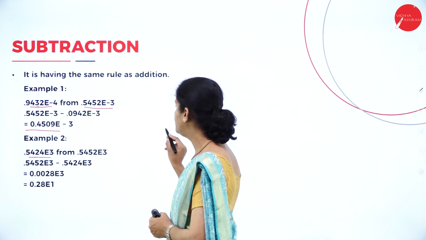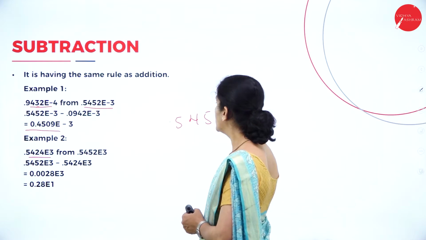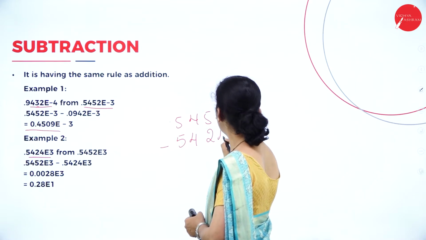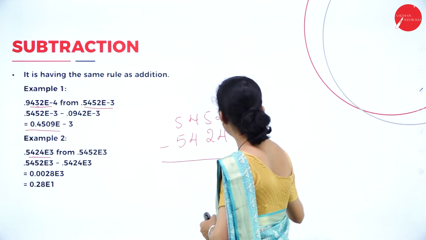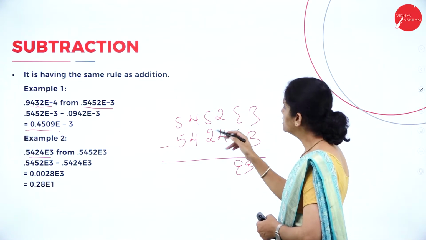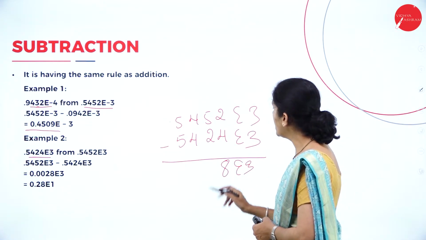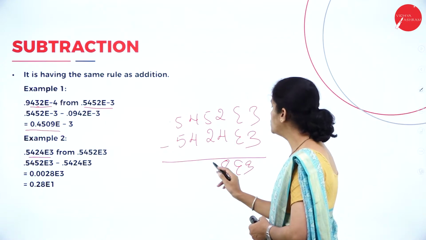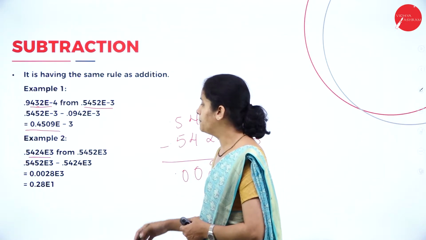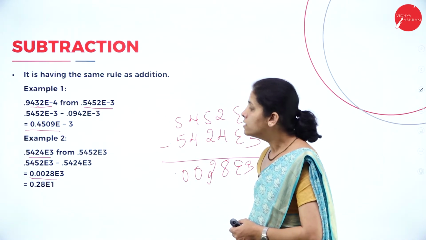Now, I'm going to perform subtraction. See, I have 0.5452 E3 minus 0.5424 E3. So, both the exponents are the same, so I'll write E3 as it is. Then I subtract: 12 minus 4 is 8, remaining 4 minus 2 is 2, and then 0 and the point. So, I'm going to get 0.0028